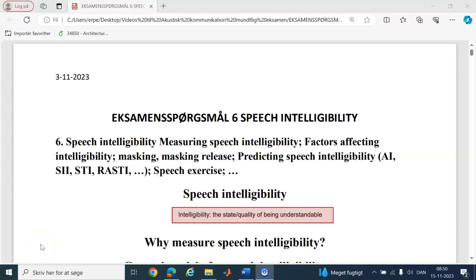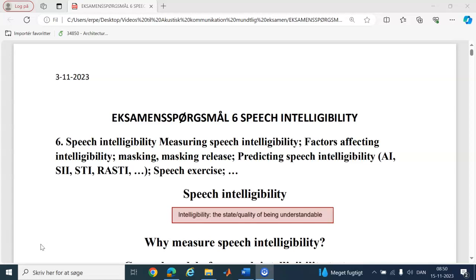Speech intelligibility. Speech intelligibility, measuring speech intelligibility, factors affecting intelligibility, masking release, predicting speech intelligibility, AI, articulation index, SII, speech intelligibility index, STI, speech transmission index, and rapid speech